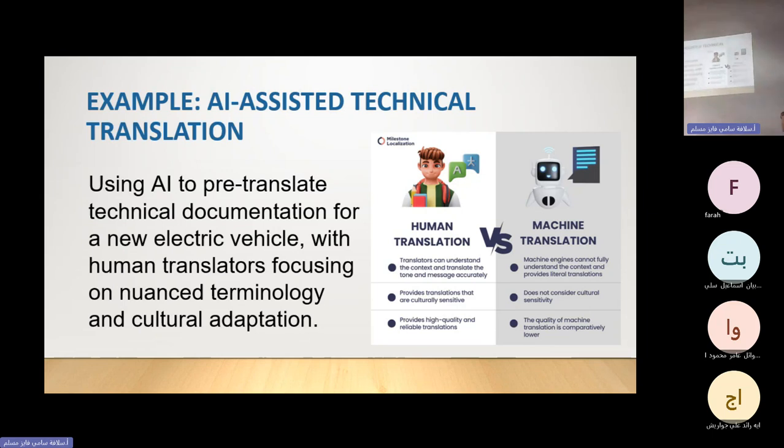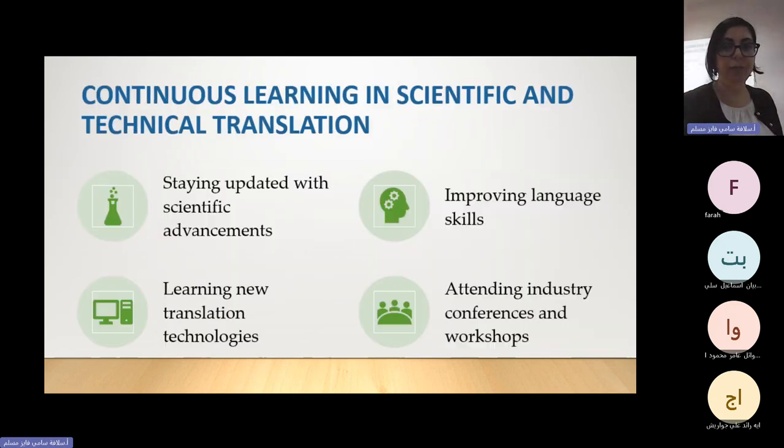Provide translations that are culturally sensitive الهيومن، بينما الماشين does not consider cultural differences. Yes, they don't know. The human, for example, provides high quality and reliable translation، بينما الماشين translation is comparatively lower، ما بيعطينا الاكيوريسي، الدقه، الاثيكال consideration يلي بنحتاجها. اوكي؟